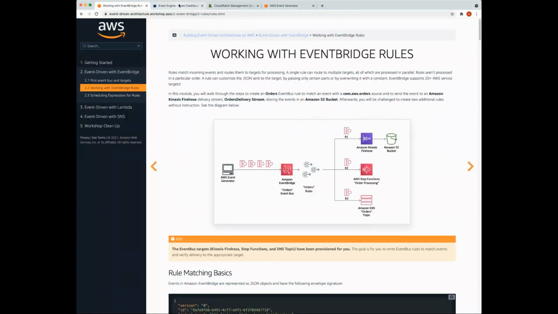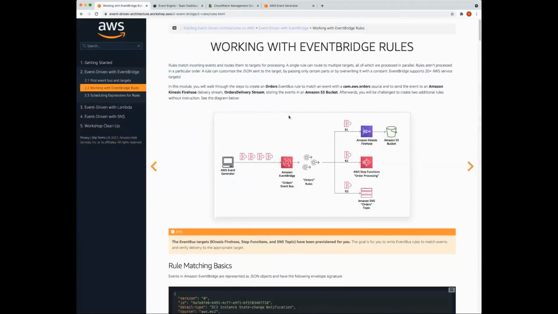So as we discussed before, rules essentially match events and route them to targets for processing. Currently, you can have up to 5 targets per rule. So you're not constrained to a one-to-one mapping between a rule and a particular target, right?